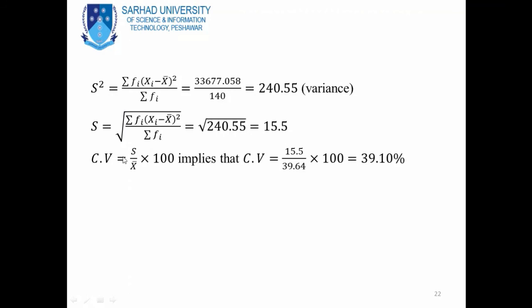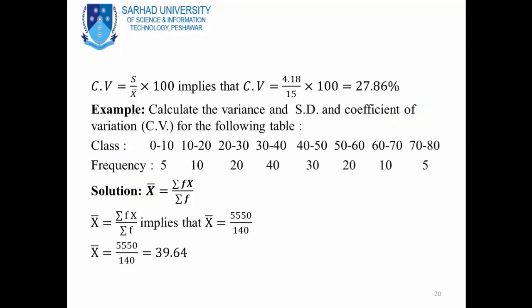And now the coefficient of variation: standard deviation divided by mean multiplied by 100, which is equal to standard deviation 15.5 divided by mean 39.64 multiplied by 100, which is 39.10%. So dear students, in this lecture you see over here the conclusion of this lecture,